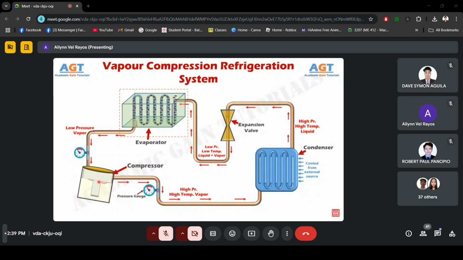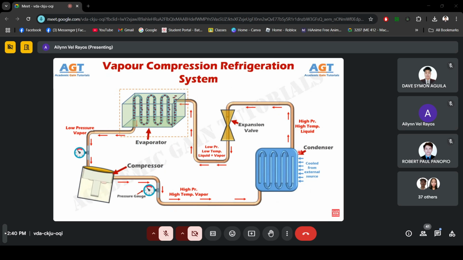Now, this low-pressure vapor refrigerant coming to the compressor will be again compressed inside the compressor chamber and converted to high-pressure high-temperature vapor. Then again this high-pressure high-temperature vapor will be passed to this condenser where it will change phase and be converted to liquid. Then it is passed to the expansion valve, the evaporator and again to the compressor,